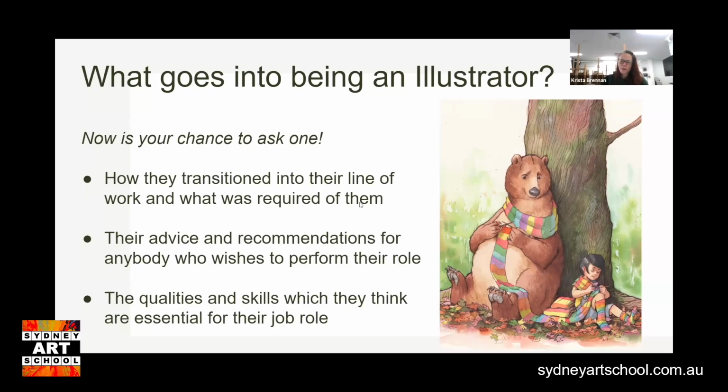You've got to have a pretty broad knowledge of things like perspective and proportion, being able to draw lots of different things. So the example that I've got here is a big bear and a little kid knitting a rainbow scarf together. What's involved in just this picture is being able to effectively draw a tree, a bear, a person, and characters looking like they're knitting. So that's even thinking about or looking at images of people knitting. What does that look like?